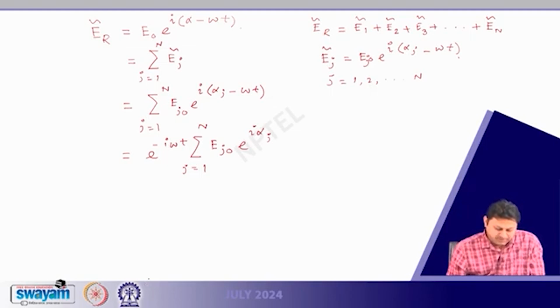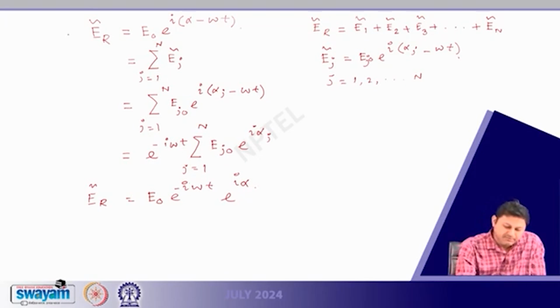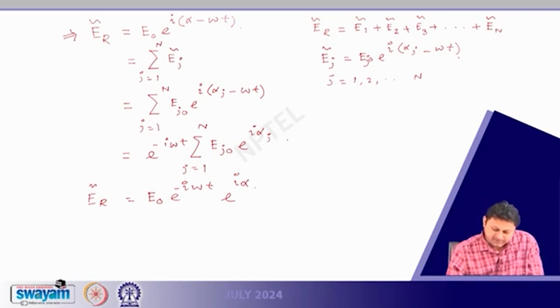So this is essentially the superposition of all the waves. Now this quantity, already it is written that this quantity is equivalent to E naught e to the power of i minus i omega t e to the power of i alpha. So these two things are equivalent because I have already defined E naught here in the very first line in this way. So if I compare, say this is my equation 1